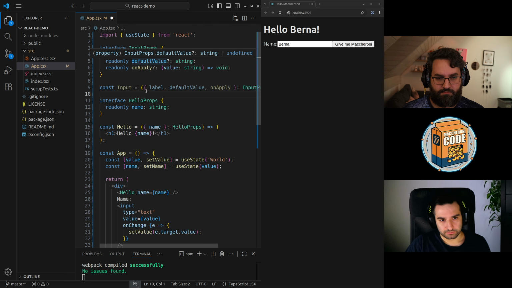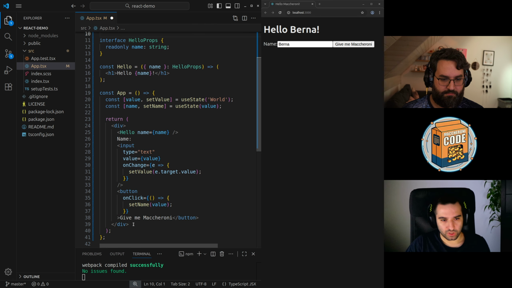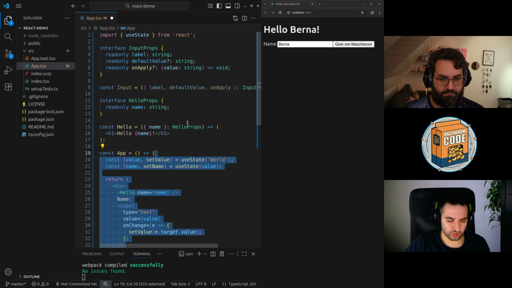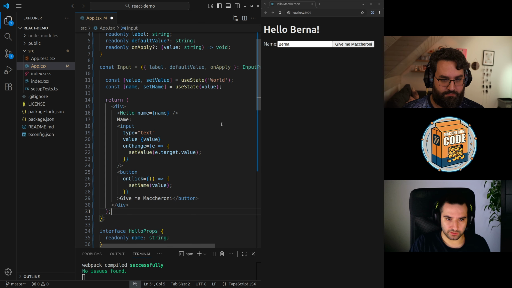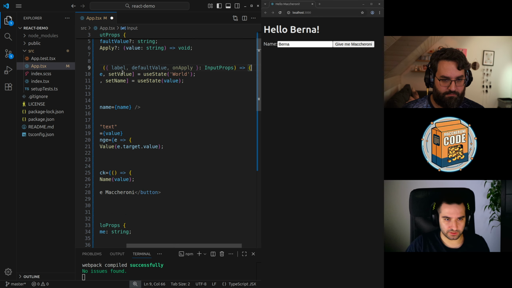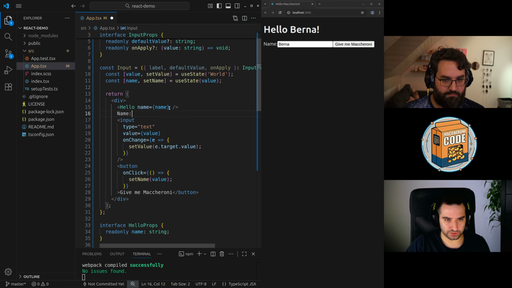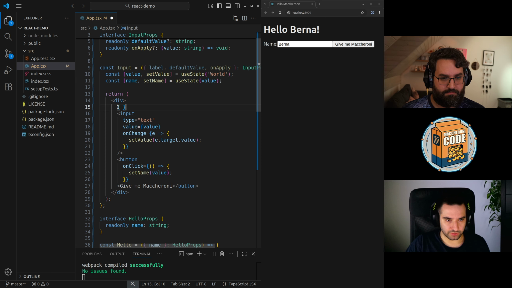You have an input component, and we are just taking all the previous logic, and we transform the input that we had in the app component into something that we can reuse. Okay, we have a label. That label is a substitute of that label. We don't need the hello anymore.